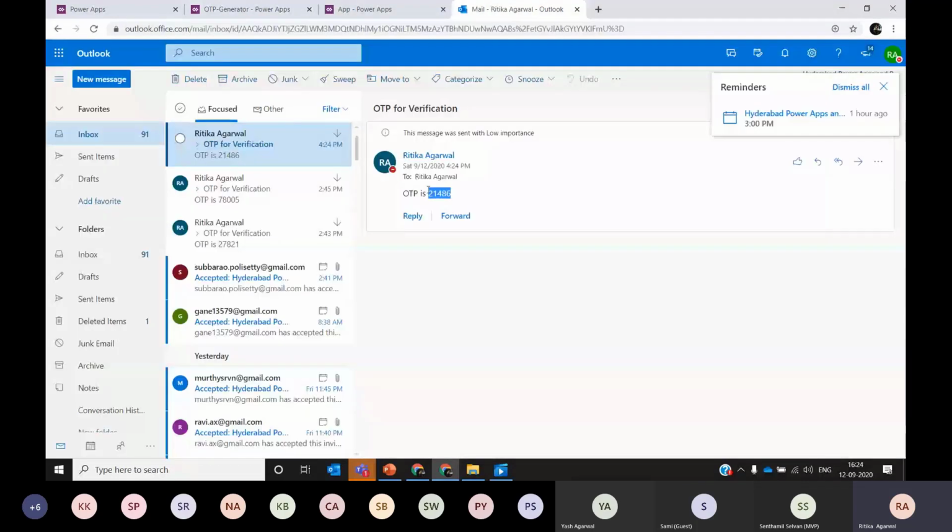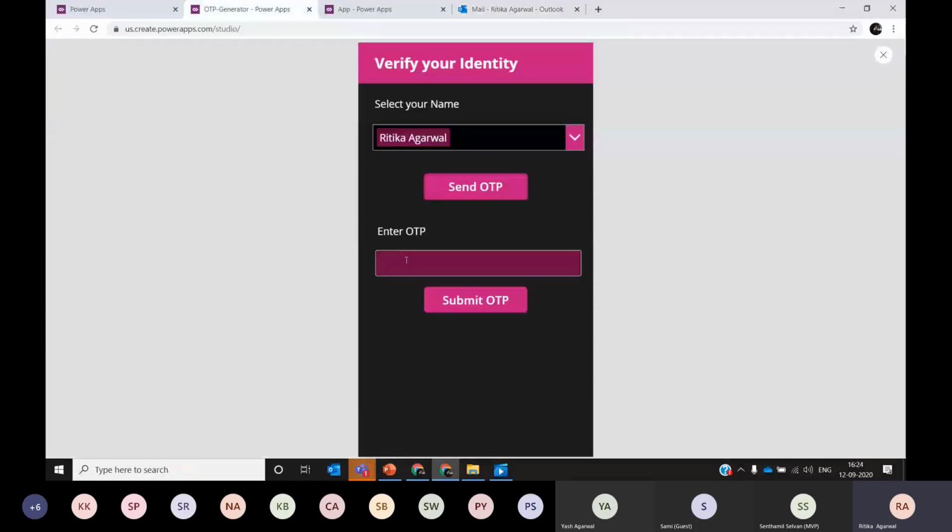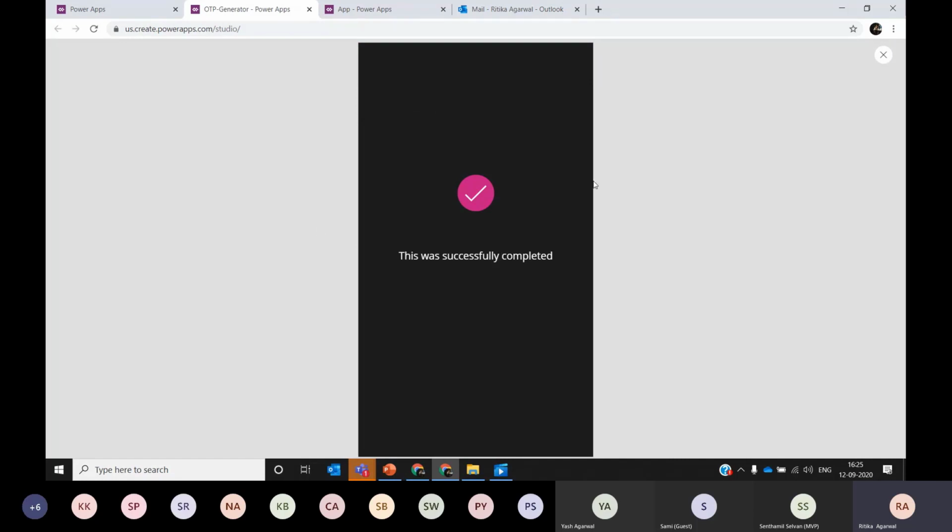So this is how the OTP, whatever is sent to the email, can be passed on to the application. If I copy this OTP and set it in the box here, and remove one of the digits, this means that the OTP is invalid now. It should not be validated, right? So if I click on the submit OTP button, it will show me this message, invalid OTP. And if I add something else and try to submit again, it will still be invalid. Now if I select the correct OTP and click on the submit OTP button, it navigated me to the second screen.